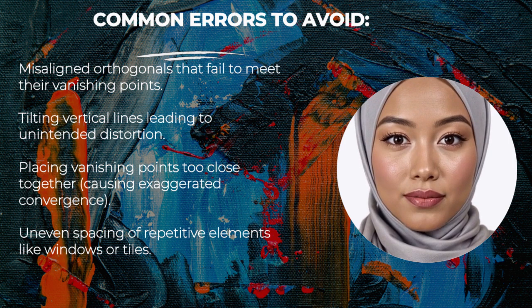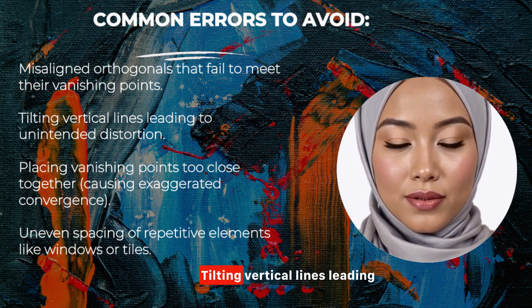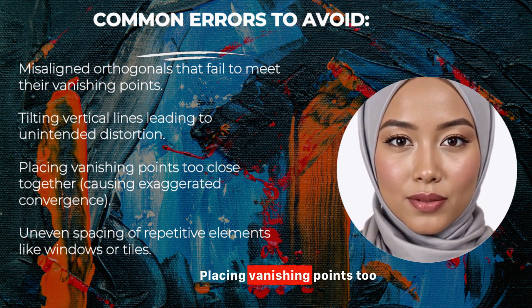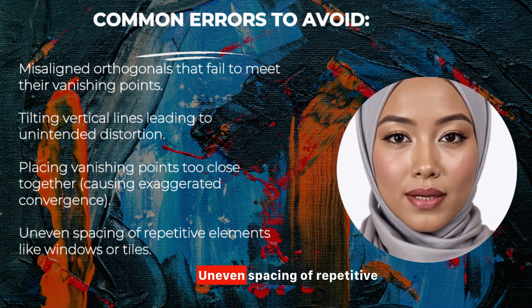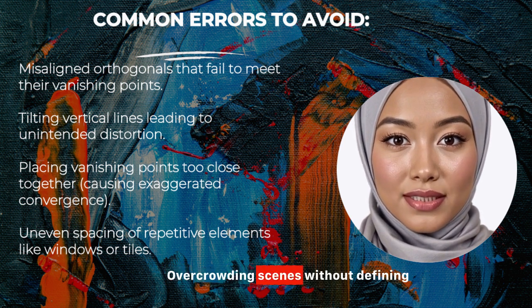Common errors to avoid. Misaligned orthogonals that fail to meet their vanishing points. Tilting vertical lines leading to unintended distortion. Placing vanishing points too close together, causing exaggerated convergence. Uneven spacing of repetitive elements like windows or tiles, overcrowding scenes without defining